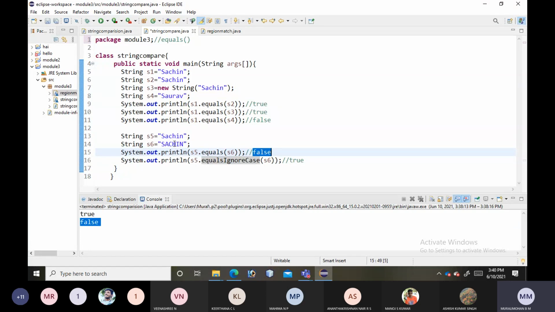It is considering the case of the characters. If we consider equals ignore case, S5 dot equalsIgnoreCase S6, then S5 and S6 are content-wise the same when we ignore the case of the characters. So hence it is giving true.